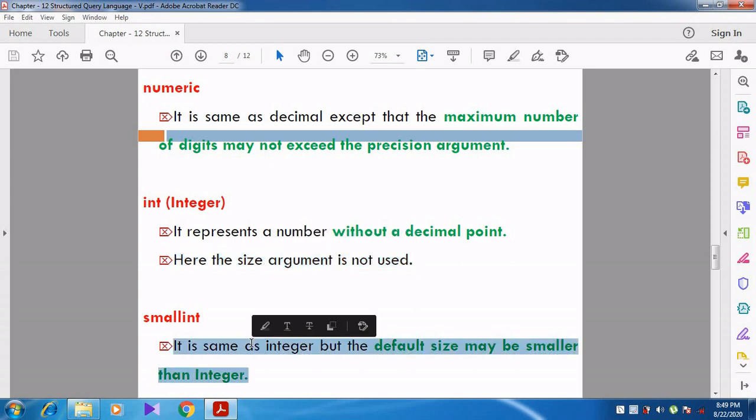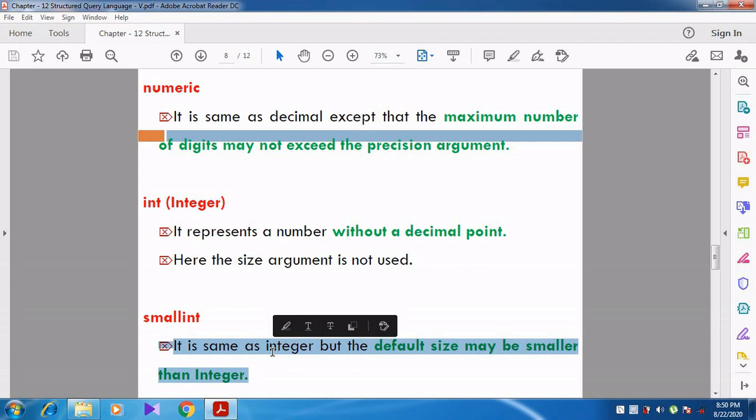The next is small int. What is meant by small int? Small int is the same as integer, but the default size may be smaller than the integer. We studied last year that integer has a range. What is the range of the integer? Minus 32,768 to plus 32,767. Like that we studied for integer.